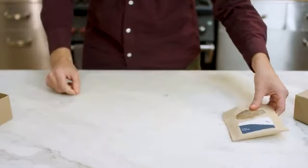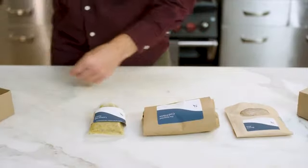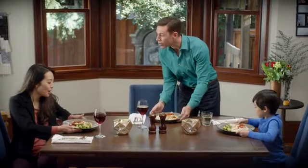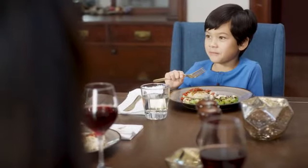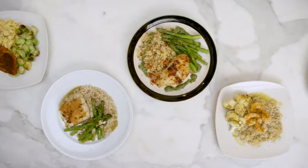We estimate that with Suvie, you can save an average of 6 hours per week. That's 6 hours you could be spending with your friends or family, or just being more productive and getting more things done. You can always put your own food in Suvie, but if you order Suvie meals, there's no prep required. You can pick one of our chef-designed meals that serve 2 to 4 people, or customize your own from over 10,000 combinations. Meals are made up of raw proteins, fresh vegetables, raw starches, and delicious sauces created by our